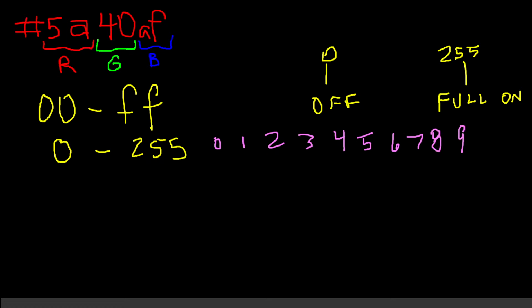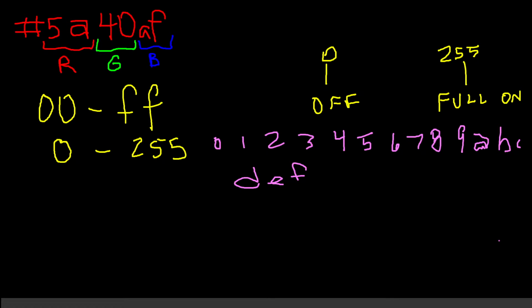That's what we're used to, right? And then we're used to going 10, 11, 12, 13. But with hexadecimal, we go A, B, C, D, E, F. Right? So we run out of numbers, so we start using letters to represent our numbers 10,